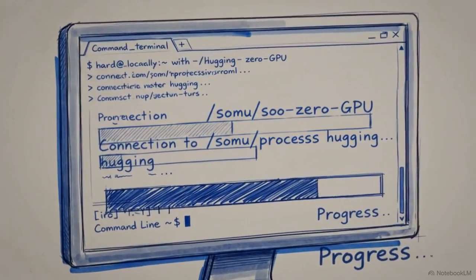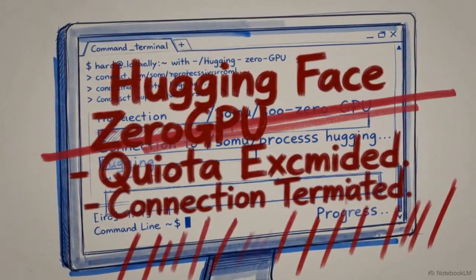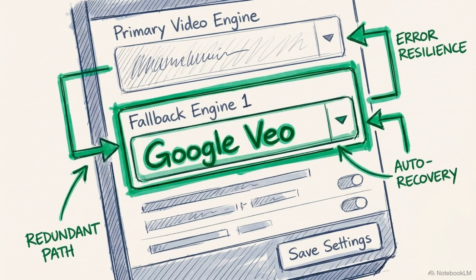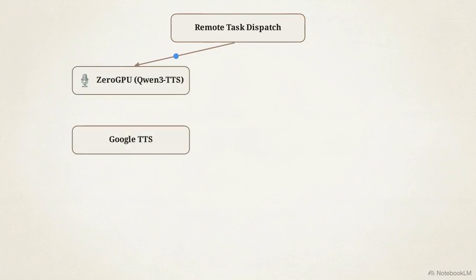In a production involving 141 individual shots, cloud compute quotas will inevitably run out. Relying exclusively on a single Hugging Face Zero GPU instance creates a point of failure that will halt the entire workflow. To prevent pipeline stalling, the local orchestrator utilizes a multi-tiered fallback cascade. This flowchart illustrates how the system handles errors. When it catches a quota limit exception on the primary GPU, it reroutes the execution to alternative API paths.